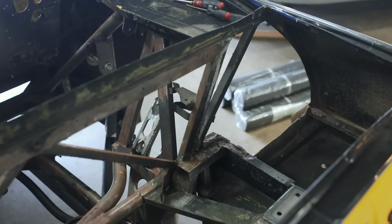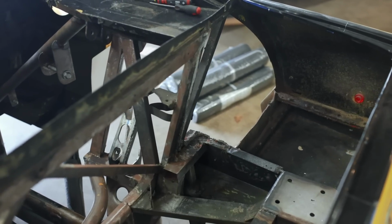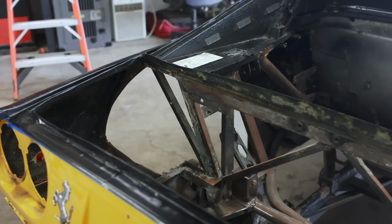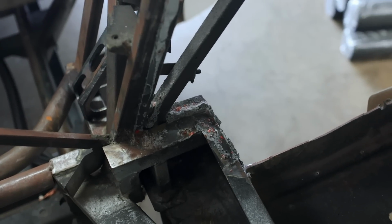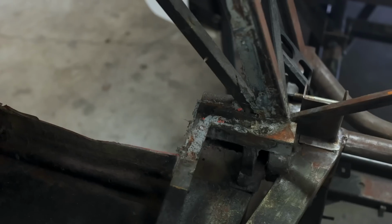I've got to say, I'm really happy with the result. Yeah, it's a gaping hole, but we'd find that in more or less any tube chassis car, and I'm totally fine with that over the fiberglass panels that were there before. We've got a lot of seam sealer to deal with, but hopefully the sandblasting will take care of it, and in the long run, we'll build some panels to close this stuff back in,